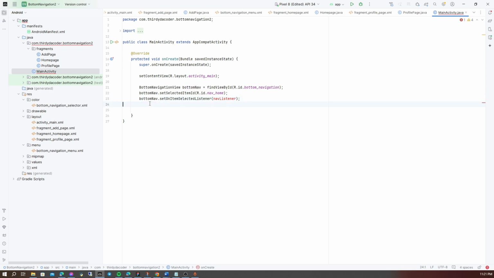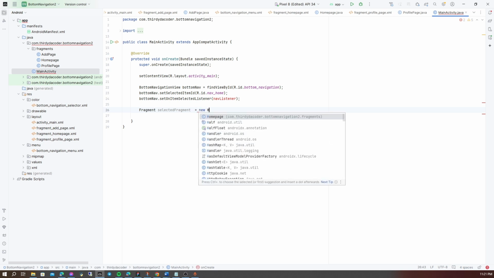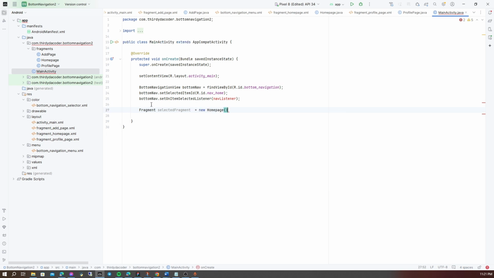As of now, code the fragment. Selected fragment is new home page. As I mentioned, the bottom navigation selects the home item by default.